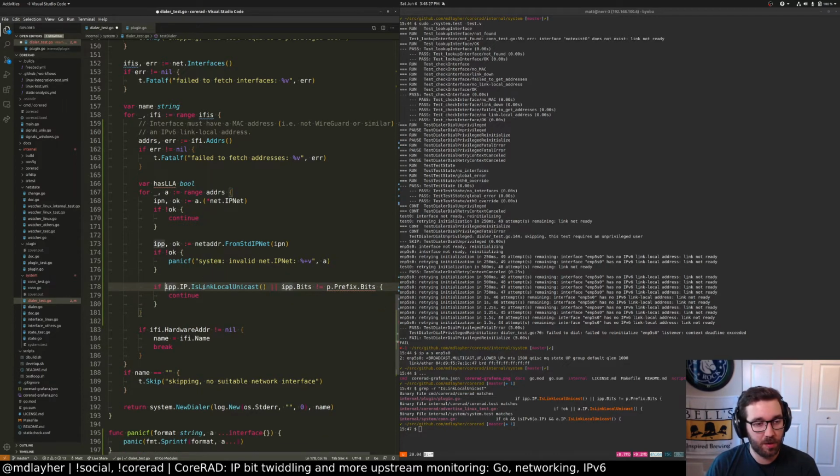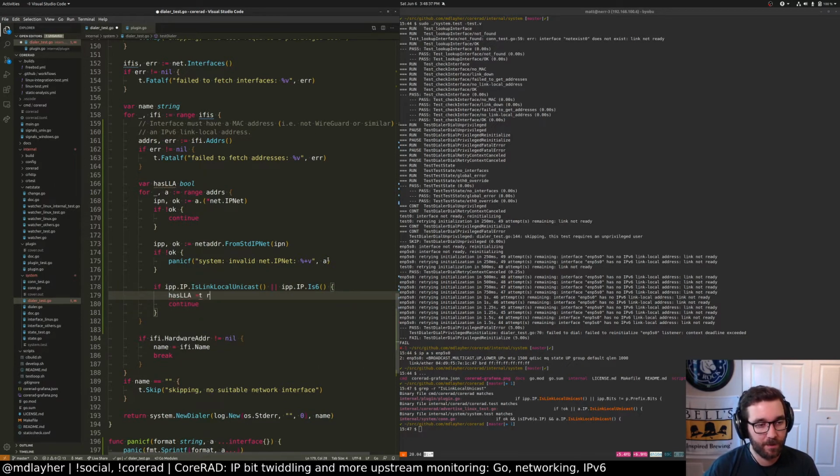So if is link local unicast and is 6, then we found one. And we break the loop. So if our address is not nil and we found a link local address on the interface.